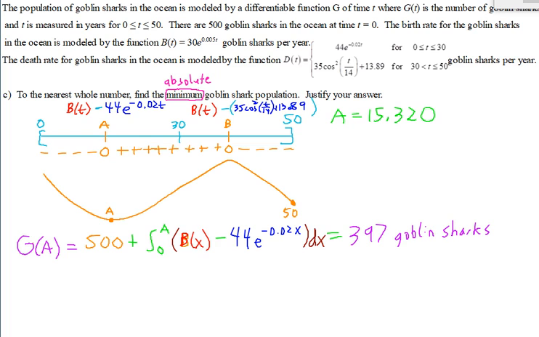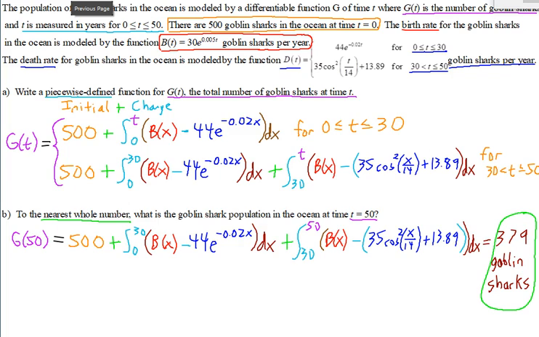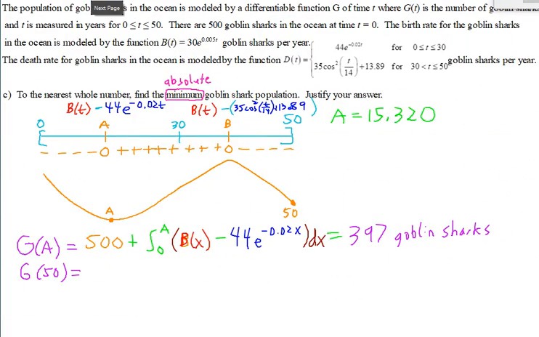And then we have to compare that with G of 50, the potential minimum. But remember, we actually already figured that out in part B. G of 50 was 379. So there's no need to do that again, because we already found it. And since we're looking for the minimum, you're looking for whichever is the lower of the two. In this case, 379 is less than 397. So it asks for the nearest whole number of minimum Goblin shark population, so we can say